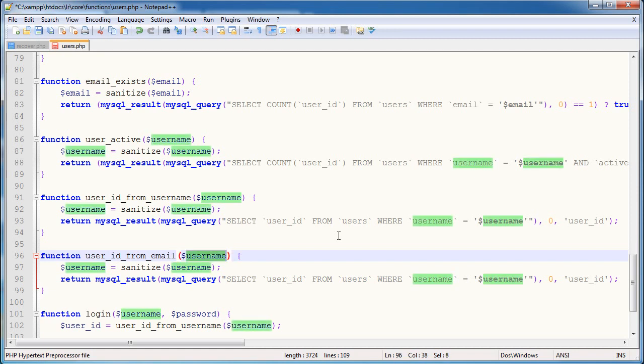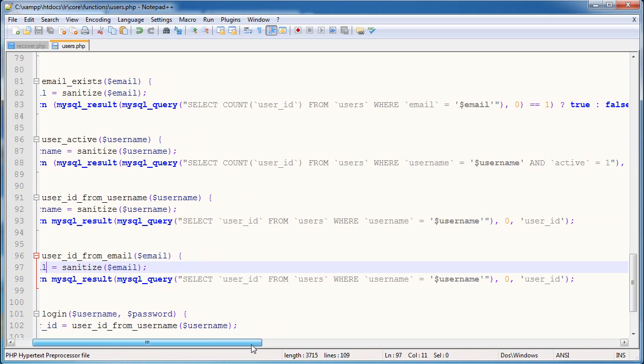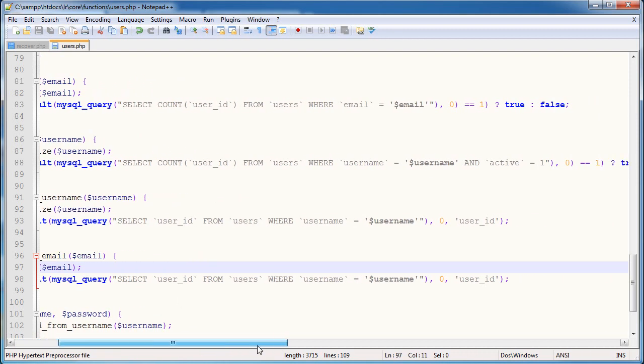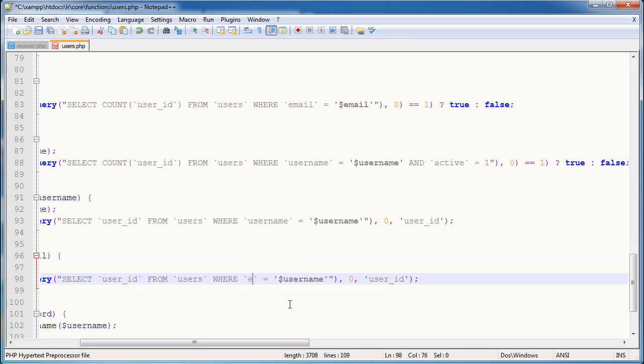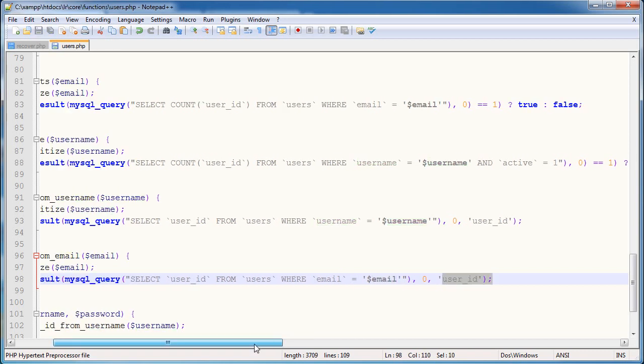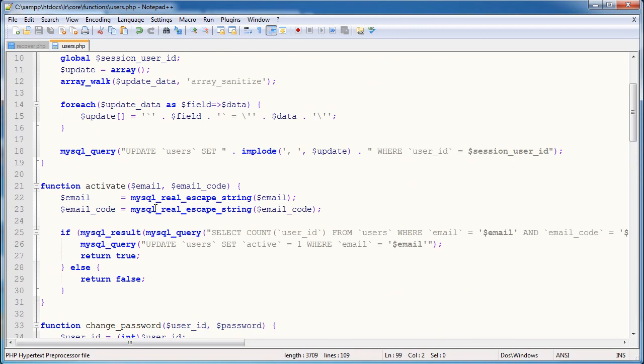What I'm giving the function is an email. I'm sanitizing the email, so we're basically modifying the data it throws out and the data it takes in. So the query is select the user ID from users, that's fine. Where username equals username, well that's not right, because now we're passing through an email. So where the email is equal to email, and we're throwing out the user ID, which is good. So we now have this function that we've essentially copied, been lazy, and we can use this up here to